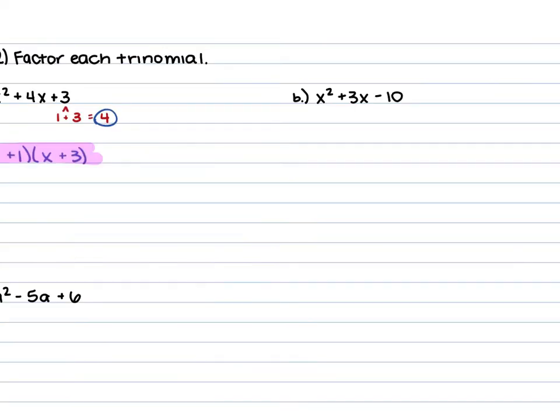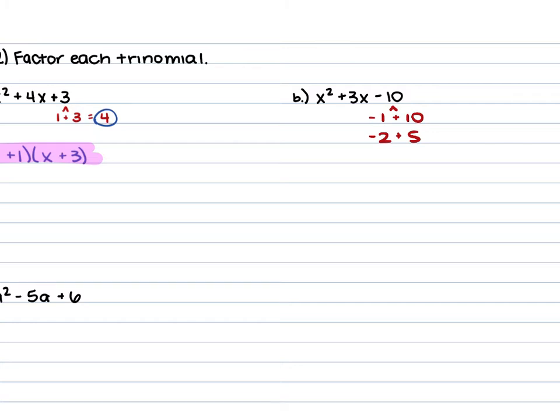For example B, we have x squared plus 3x minus 10. So again, you want to find your factors of that negative 10. We have 1 and 10, 2 and 5. We are ending with a positive 3 when we add these. So our bigger number is going to have to be positive, which makes our smaller number negative. So that way when we multiply these, we get a negative 10, but when we add them, we get a